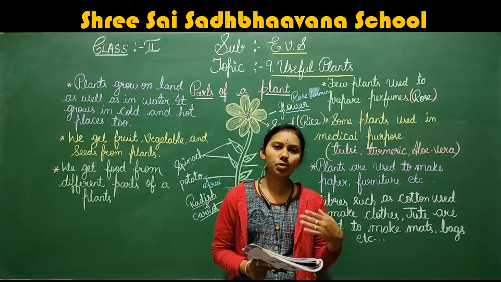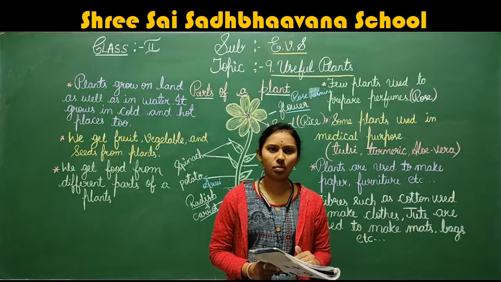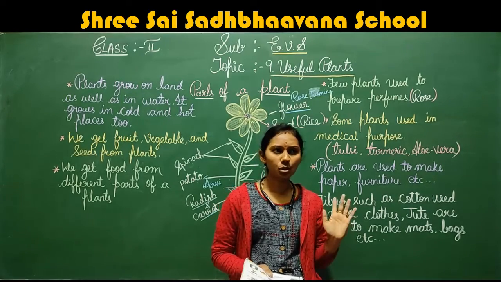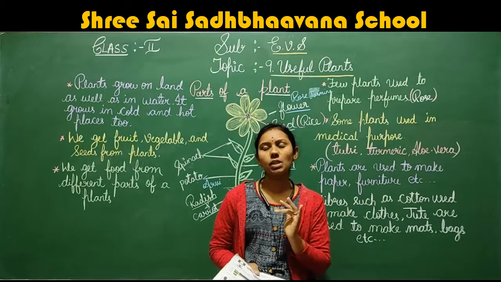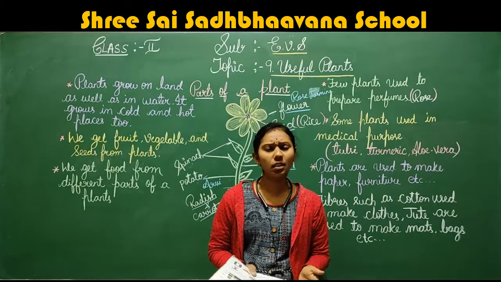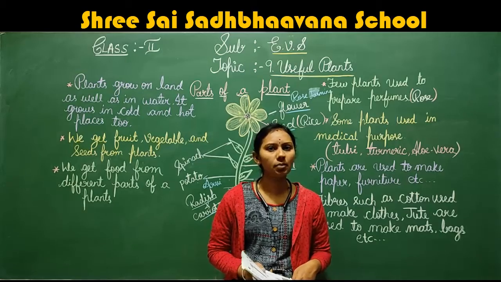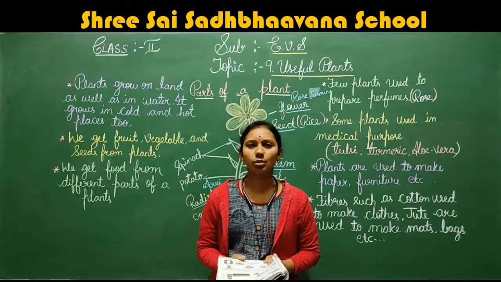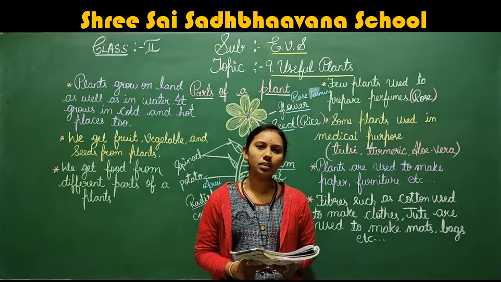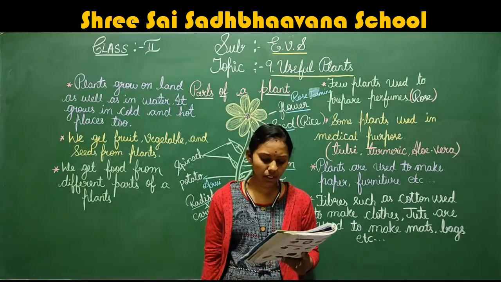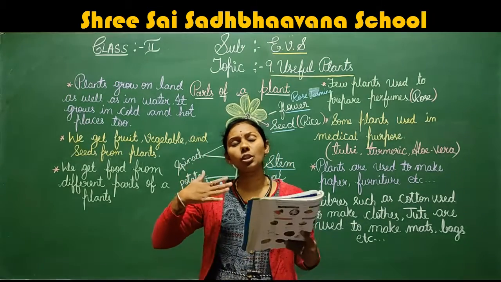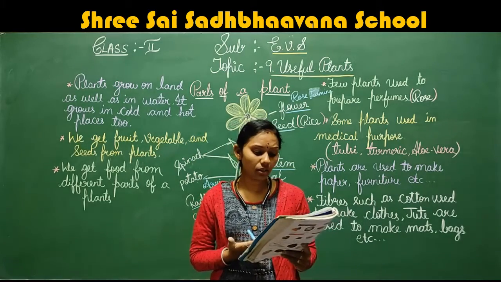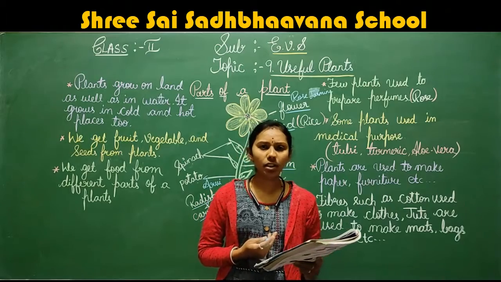For what purpose are we taking the wood? To make furniture. You can see the sofa, TV showcase, then the doors, then the windows. Many pieces of furniture, like the dining table, they have made all from the wood. Now, from where will we get this wood? From the trees. Big trees. Plants grow into trees, no? They cut those big trees, and we use that wood as furniture.